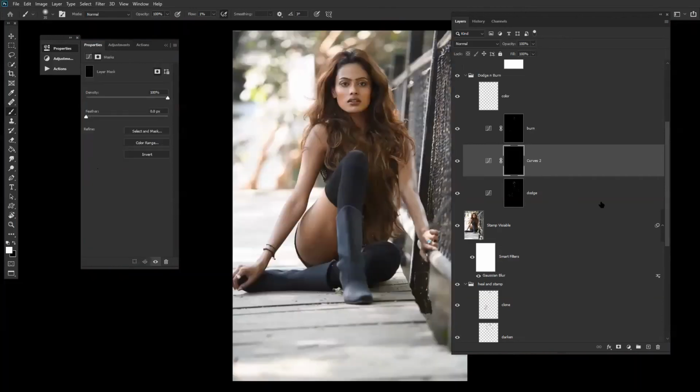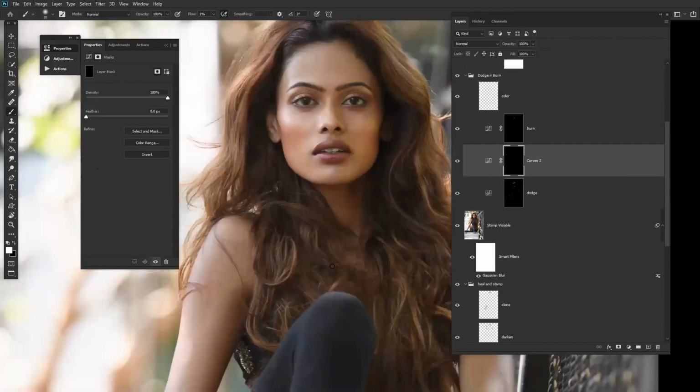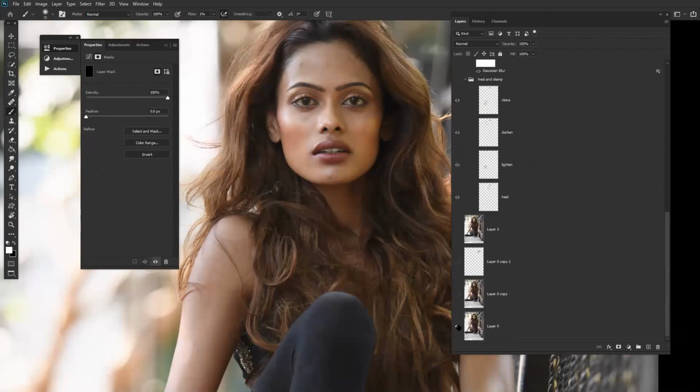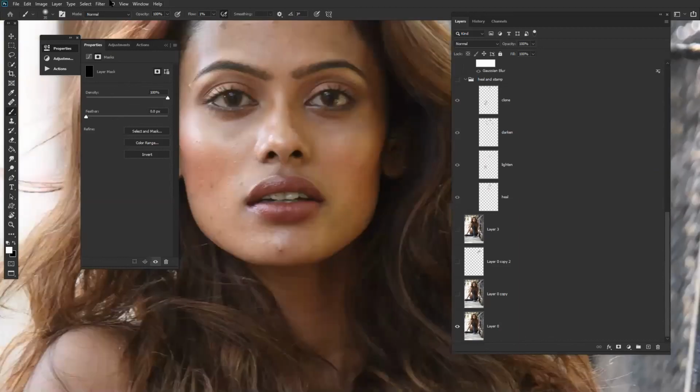See, actually, one has to see right now what you are seeing, the dodging and burning I am doing. But as a retoucher, what I am seeing is the actual image. In this actual image, this is not a flaw. This is a transition of light. This area is a flaw. You can see, okay, this area, in the actual image, this area is a flaw.